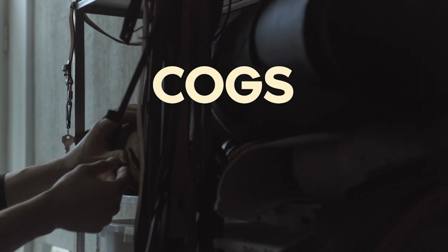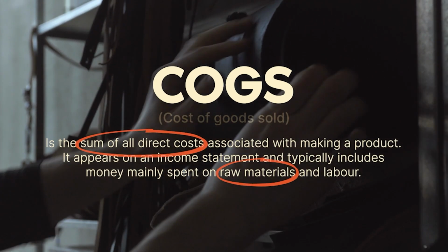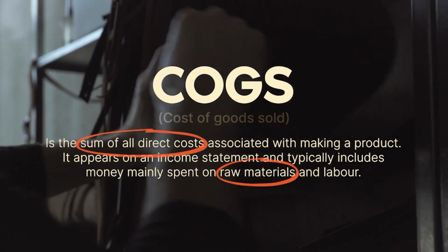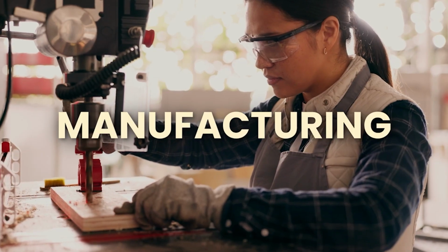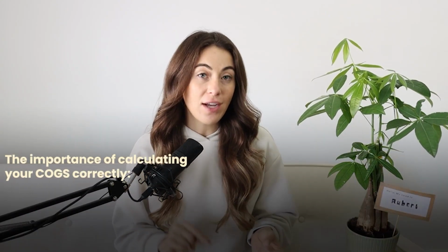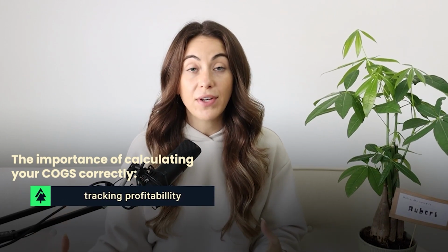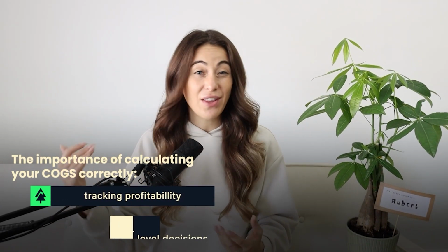So what are cost of goods sold for your Etsy business? Cost of goods sold, or COGS, are a super important metric and a super important thing to track for your Etsy shop. Cost of goods sold is the total cost associated with manufacturing or acquiring the products that you sold in a certain time period in your shop. Calculating your cost of goods sold accurately is super important for tracking profitability and also just making higher level decisions